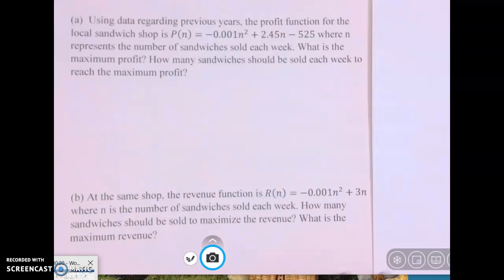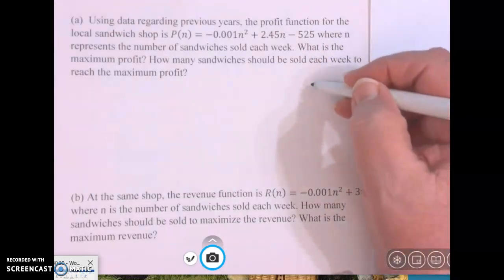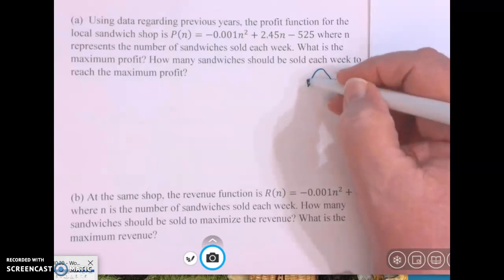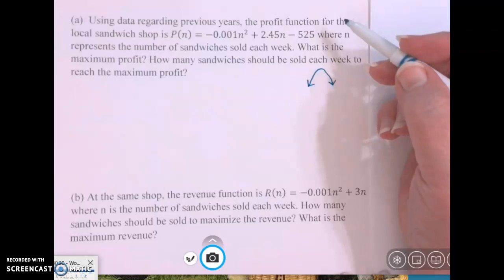Often when we're working with quadratic functions, the context will be money, and this is an example of where we have a couple of functions related to a business. You'll notice that in both cases the leading coefficient of the n-squared term is negative. So as soon as we see that the leading coefficient of a quadratic is negative, we know that we are looking at a function that opens down,